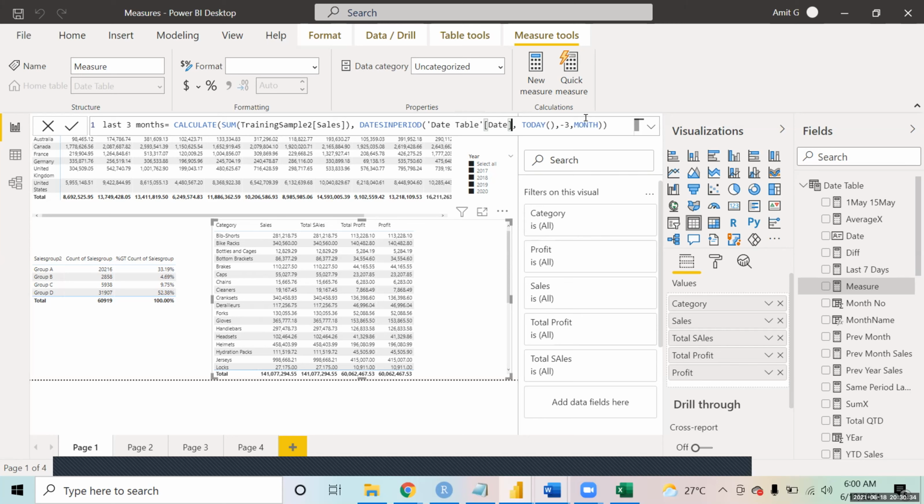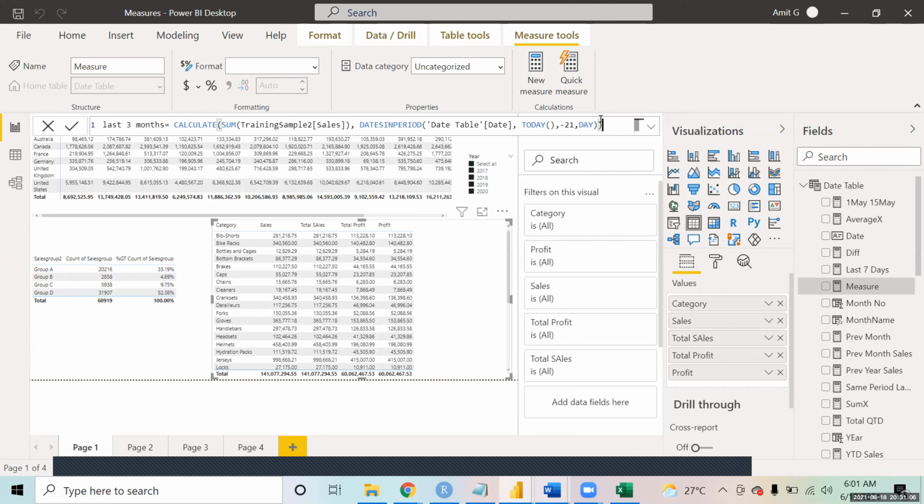Again, similarly, if you want to find it for the last 5 months, you will make it minus 5. If it's for the last 3 weeks sales, because yesterday you showed last 7 day sales, last week, the previous week sales, you make it minus 21 days. Minus 21 days, that's it. 3 weeks is 21 days. So you will get that.